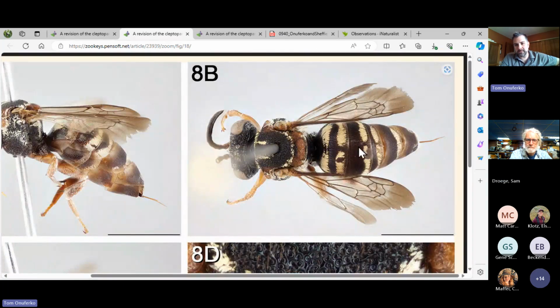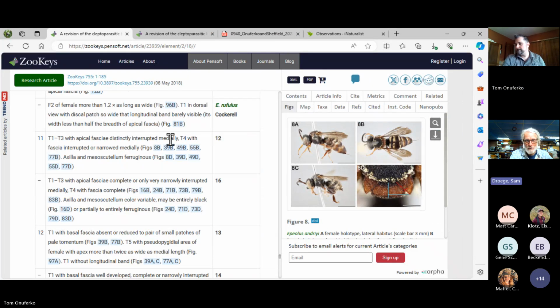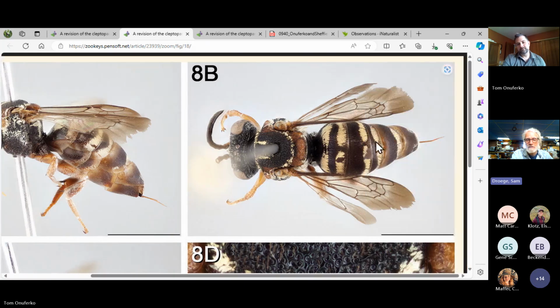Unlike in the Epeolus scutellaris that Sam pulled up, you can see that the fasciae are very clearly interrupted on the first 3 terga and narrowed on the 4th, but the couplet refers just to these 3, and quite distinctly interrupted in the first tergum. And if you recall, Ben Hollister was the one who collected it, but you can also see on that particular slide, and you'll see this quite commonly,